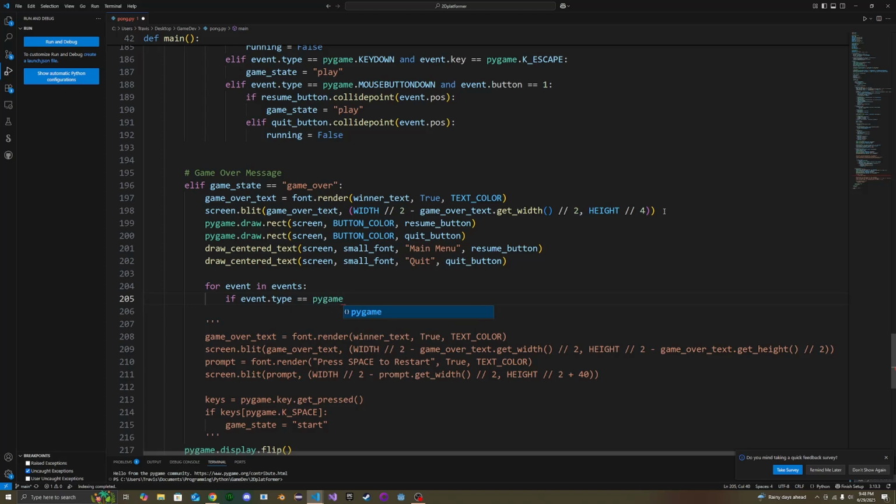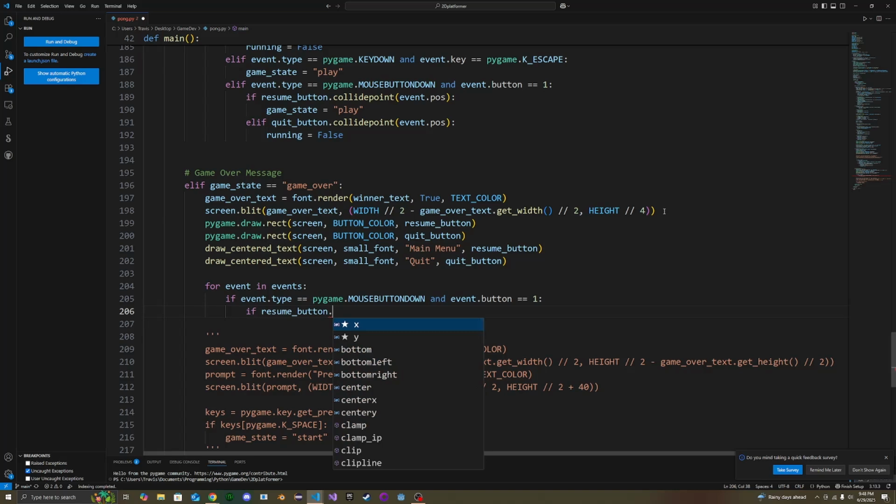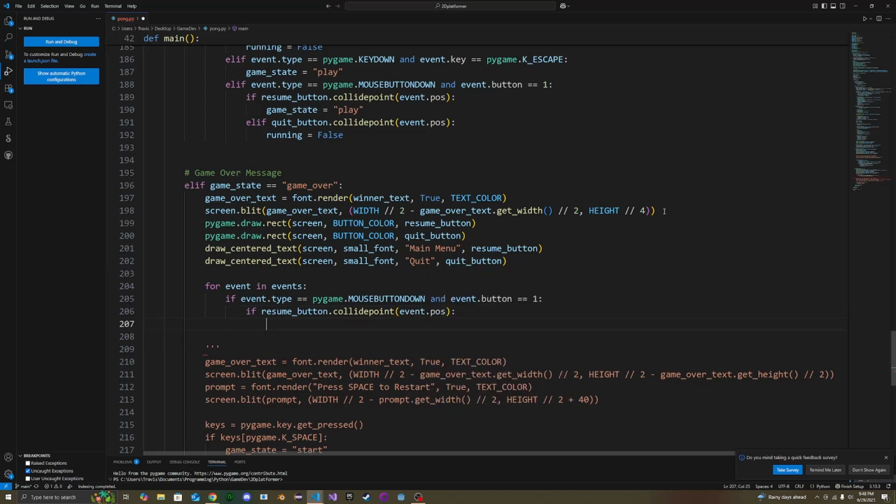Pygame dot mouse button down and event button, and if our resume button collide point is pressed, game state